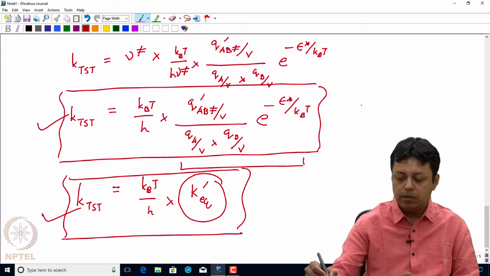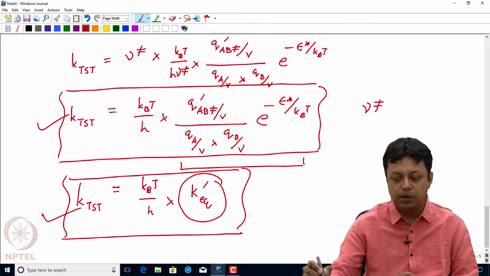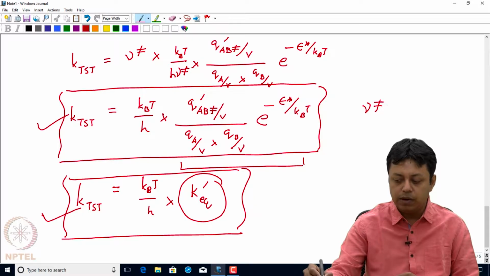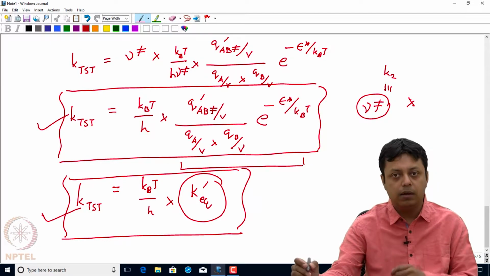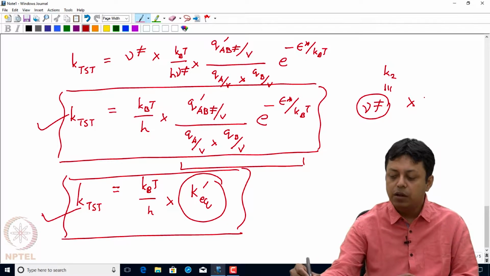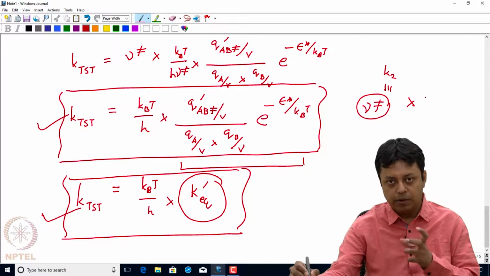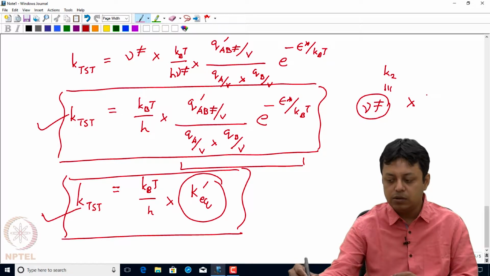Now, one important thing to note here is that we said this frequency, which is the characteristic frequency, as nu dagger, but we do not need to calculate nu dagger because we set the K2 to be identical to nu dagger, and then one factor comes out when we calculate the vibrational partition function for this transition state, and that also gives us